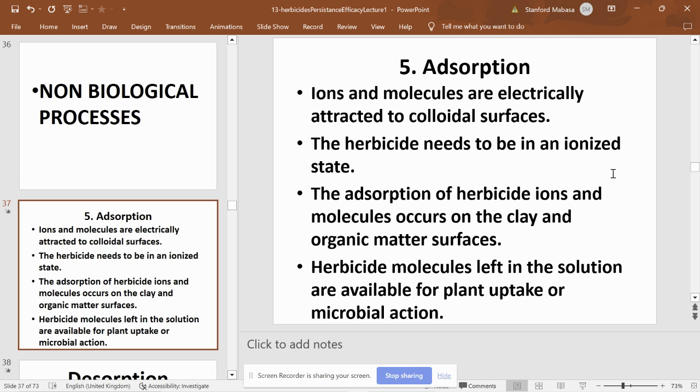So what is critical here in the soil? The amount of clay, especially in this part of the world. It is the clay content which matters. Organic matter, I mean, in our soils, they've got very little organic matter. So we do not usually consider it to be important in the tropics. But if you are in Europe, US, in the temperate climates, yes, the soils have got high content of organic matter, and that can influence the herbicides.